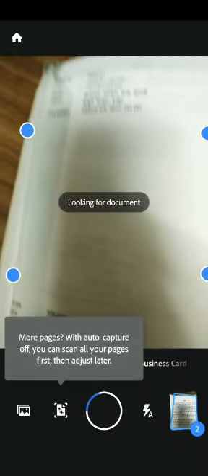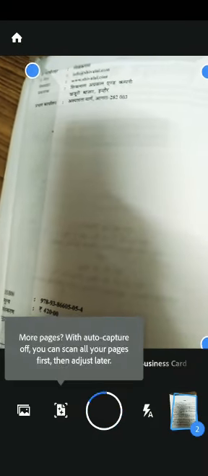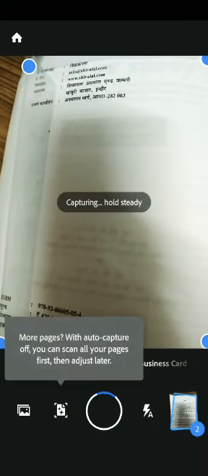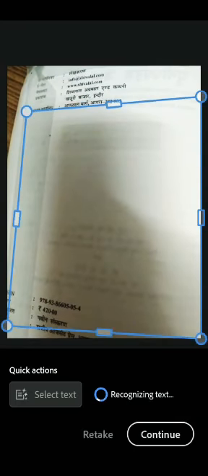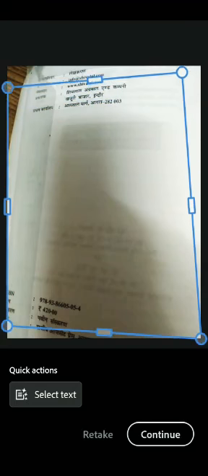For example, if I would like to take the image of this, I just need to keep my camera over it, and it is going to take the image. And if you need to adjust the border, for example, if I need to adjust the border, you can adjust the border of your image also, and then again continue.